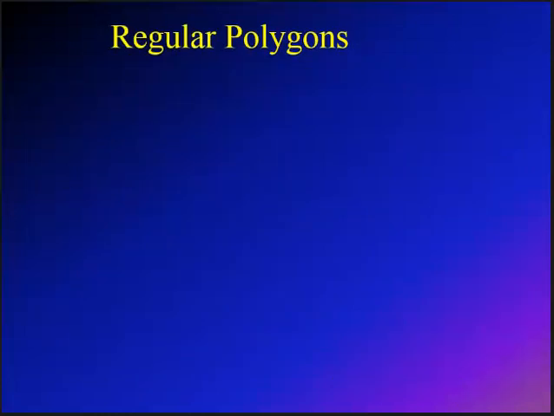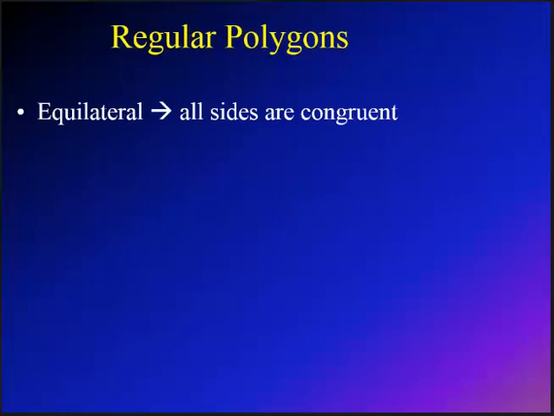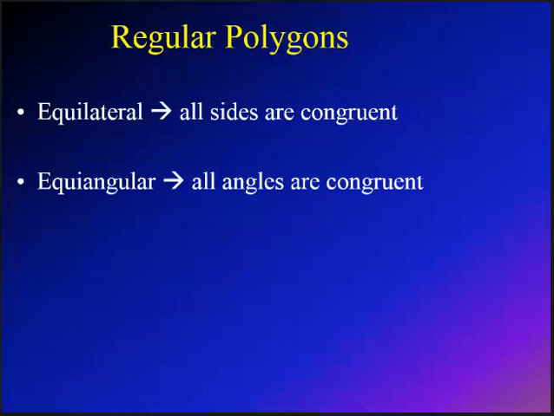Within the group of polygons, we have special ones called regular polygons. If you'll remember when we talked about triangles, we said that there are such things as equilateral triangles in which all sides were congruent. Or you can have an equilateral polygon as well, where all sides are congruent. We also had equiangular triangles in which all the angles were congruent. Well, you can have equiangular polygons